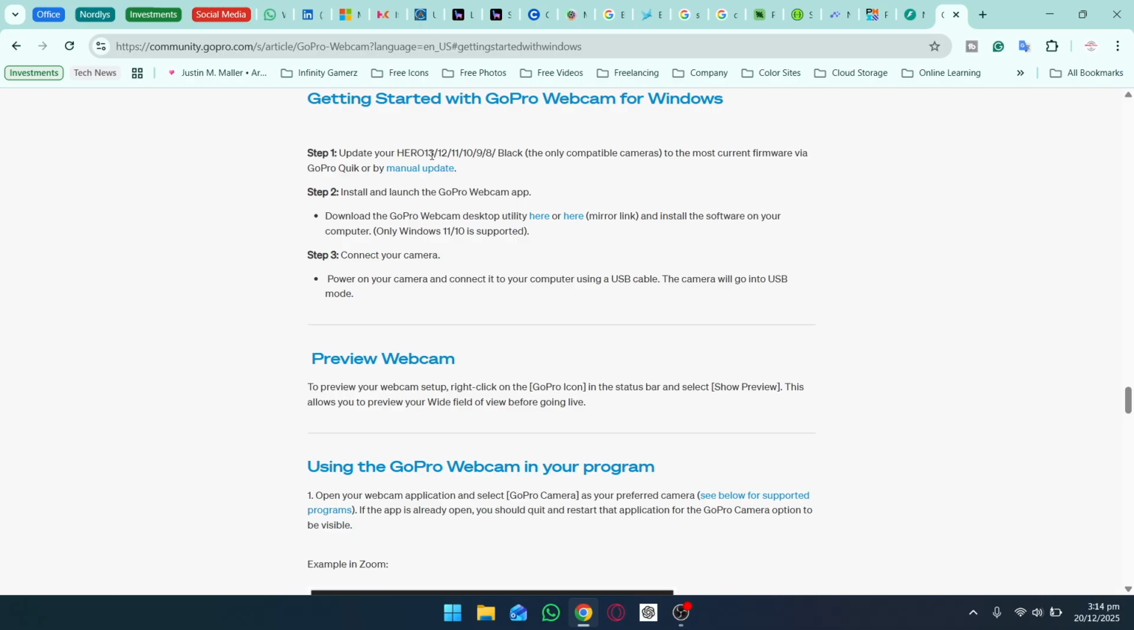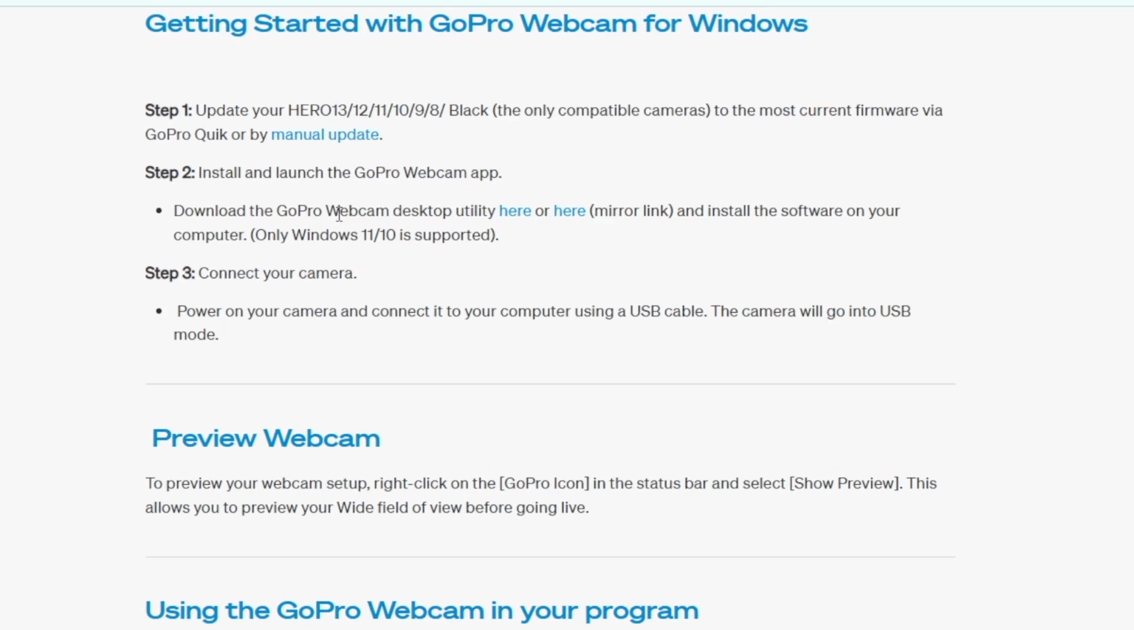So if you have a GoPro Hero 13, 12, 11, 10, 9, 8, you need to first make sure that it is updated to the latest firmware. If you don't know how you can update the firmware of your GoPro, a box will appear right here and the link will also be in the video description. So that is very important, that your GoPro is updated to the latest firmware. Secondly, we are going to download and install the GoPro webcam application, and after that we can use our GoPro as a webcam. So in order to download the desktop utility, we are going to click here,